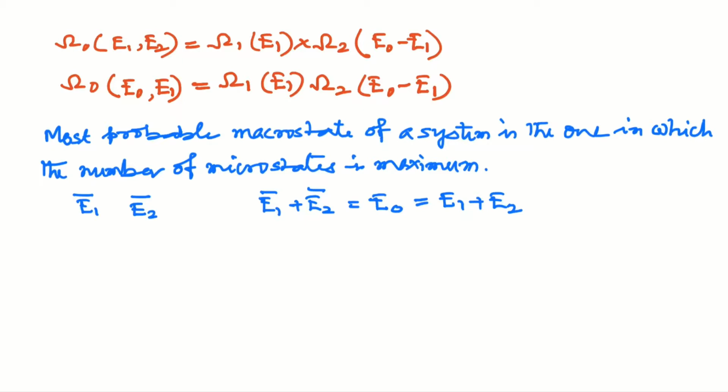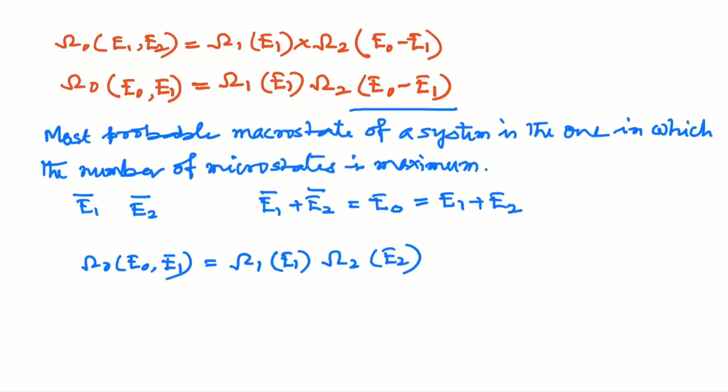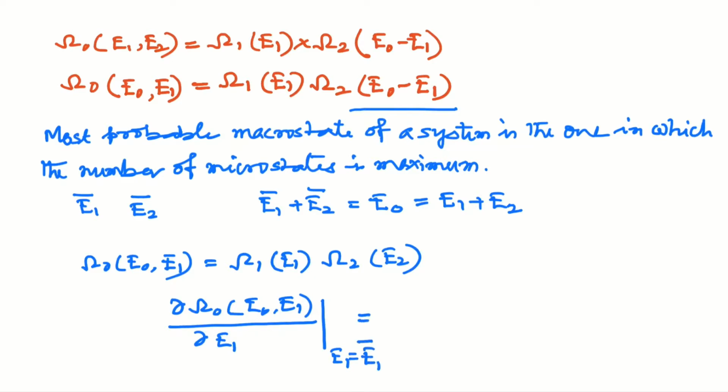Now let's maximize omega, meaning omega naught. We have taken omega naught, a function of E naught and E1, equal to omega 1 of E1 into omega 2 of E2, where E2 we have written as E naught minus E1 earlier. So if we maximize it, we write dou omega naught of E naught, E1 by dou E1 at E1 equal to E1 bar equal to 0, and that from the right hand side will be equal to